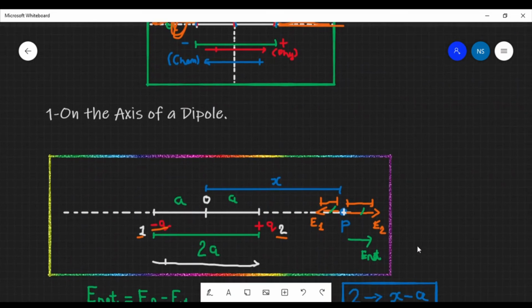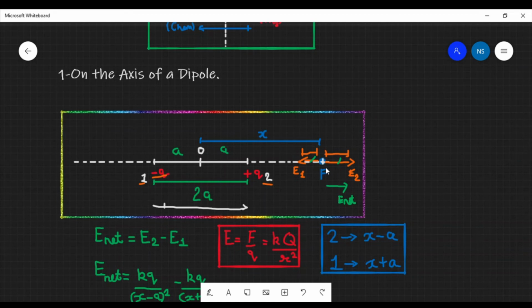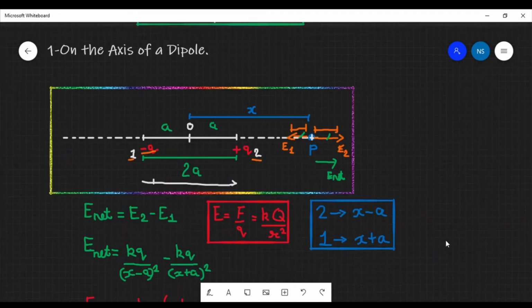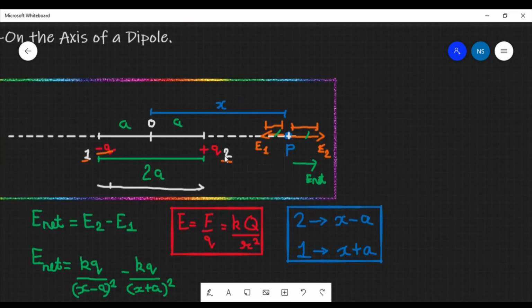On the axis of the dipole we have derived a formula. Over here what we did is we took a point P, which is at a distance x, in centimeters, meters, like that, from the center of the dipole O. The distance between the charges is 2a, so from the center to either charge it will be a. Then we got the net field at that point. Here the plus q charge is nearer than the minus q charge, so we saw that our electric field intensity net will be